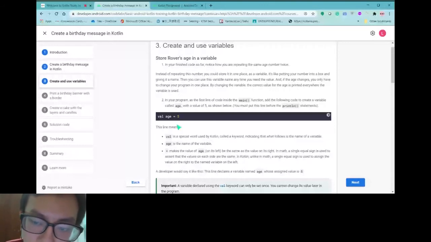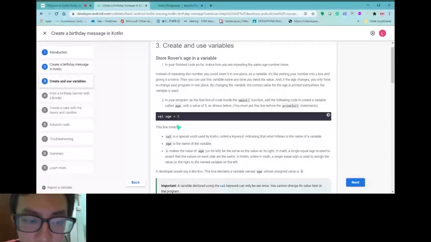And when you want to use this variable, in Kotlin you just use a special symbol. Later I'll tell you what the symbol is, and then you just use the symbol and include this variable to output the thing you want.